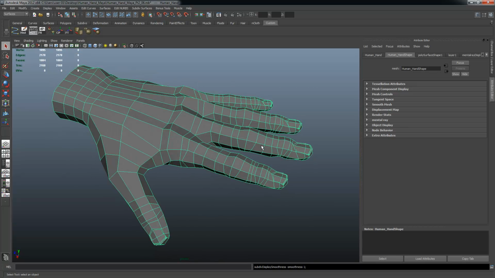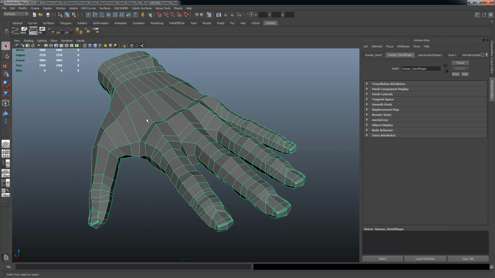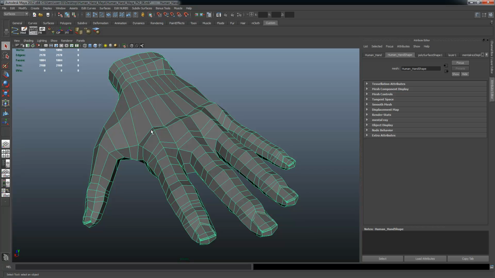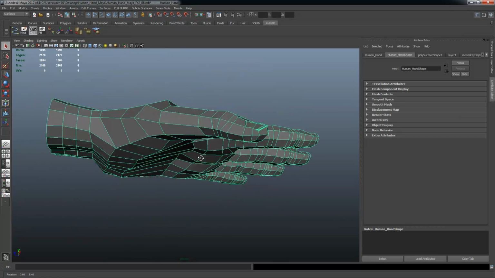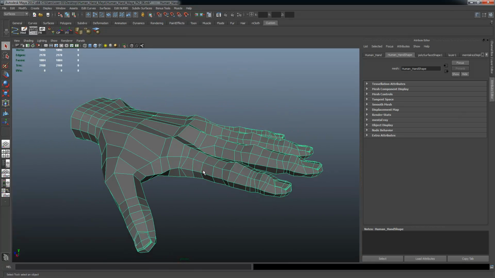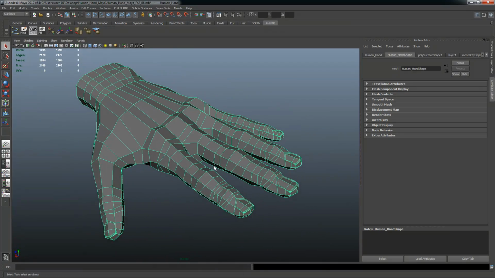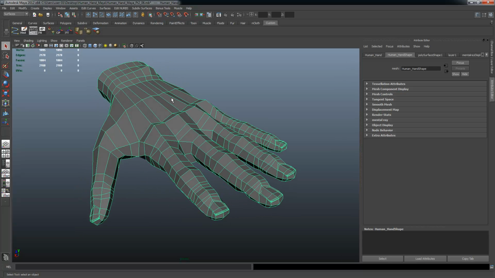Okay, so I want to go back to my control cage, and I showed you previously that this is probably not enough detail in order to get, say, the tendons down the back of the fingers. We only have one edge, and that's really not sufficient to get some of the medium level details that we still want to model into the mesh before we get into the high frequency details with the displacement mapping. So you probably would just want to subdivide this thing one more time,